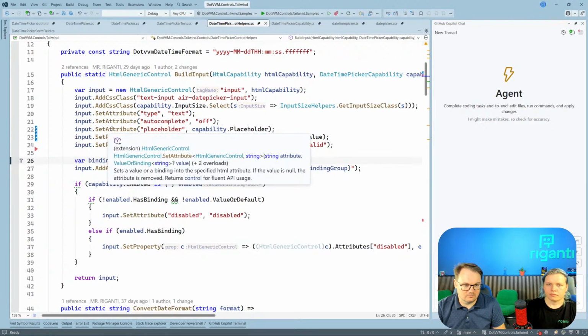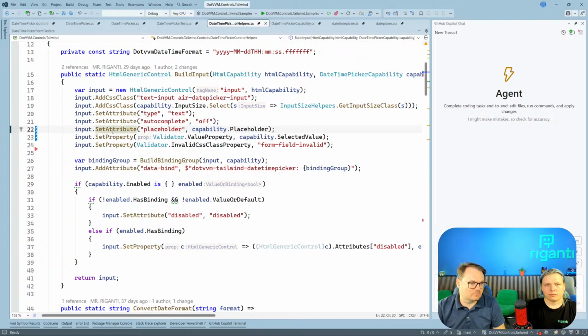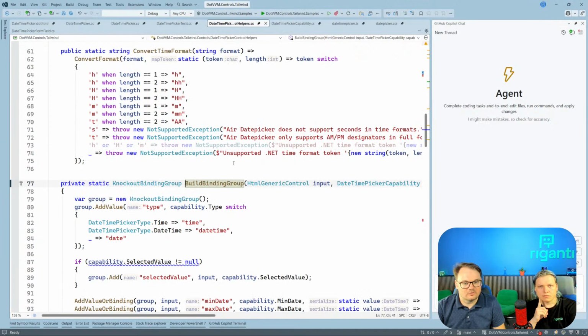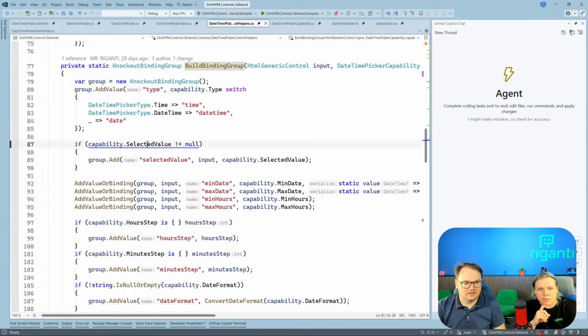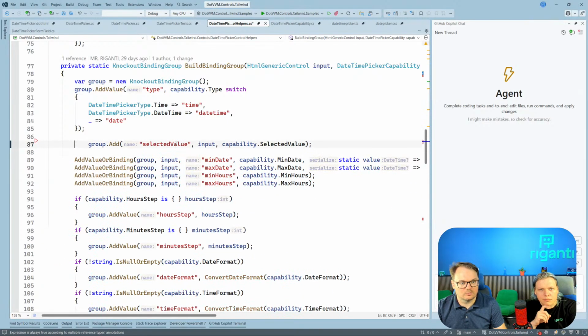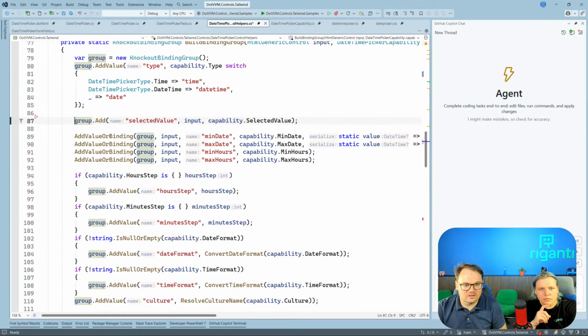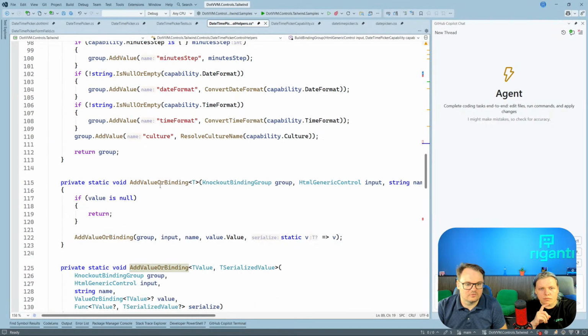Yeah, so we can maybe improve this comment to hint AI even more that this is not necessary, but the only recipe would be that AI has more data to be trained on, because then it would probably know from its intuition that you don't need to do that. But we don't have that many composite controls published on the web, so this is a limitation which is not easy to overcome. This is building the knockout binding group, so based on the enum we are putting this type. Then this is also useless because the selected value would be there in all cases. And then if this is selected, it's calling another helper method, AddValueOrBinding,